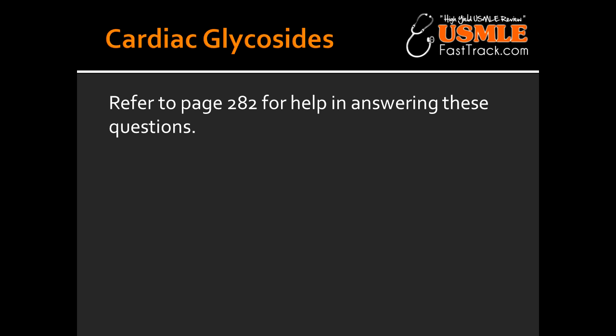What are some of the factors that can predispose you to digoxin toxicity? Some of the factors include renal failure. In renal failure, there will be decreased excretion of digoxin, therefore the likelihood of toxicity is increased. Also, hypokalemia can lead to digoxin toxicity. The reason for this is in hypokalemia, it gives digoxin the permission to bind at the potassium binding site on